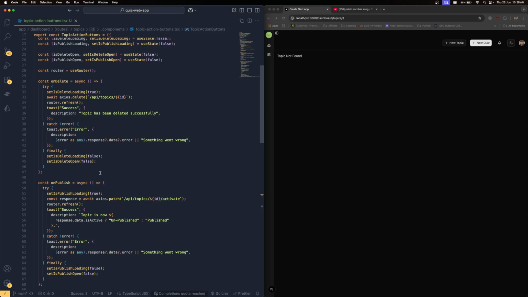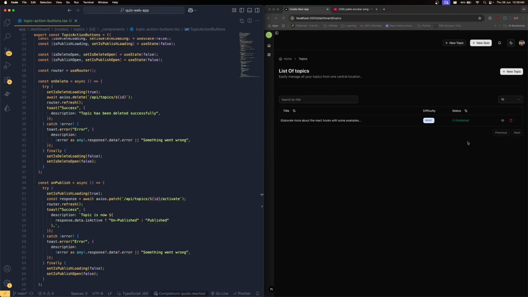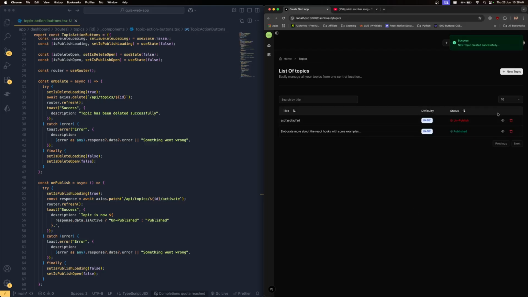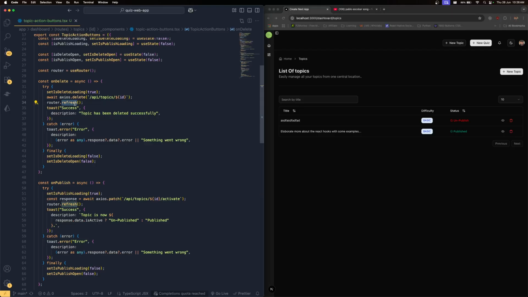I haven't redirected the user. How come it's redirecting the user? Okay, it should not refresh, it should redirect the user. Router.push the user into slash dashboard slash topic, because it's trying to refresh it from the same page,